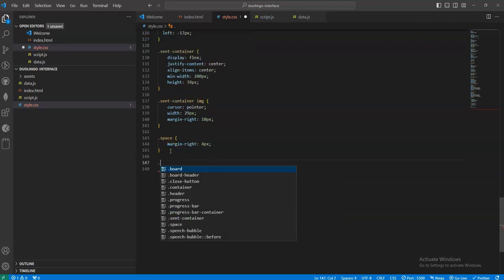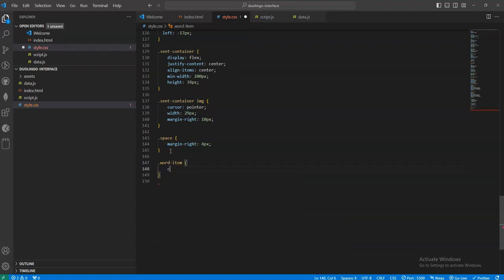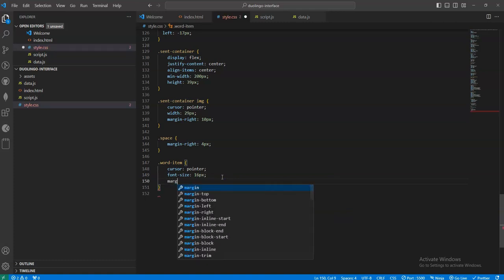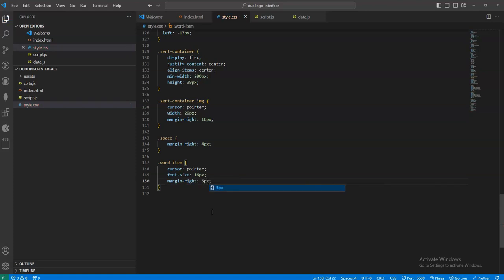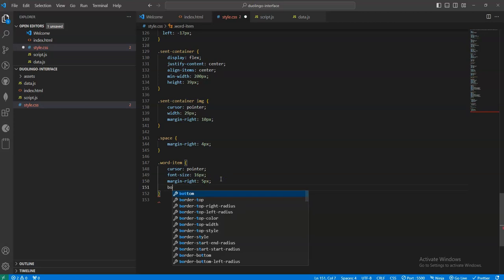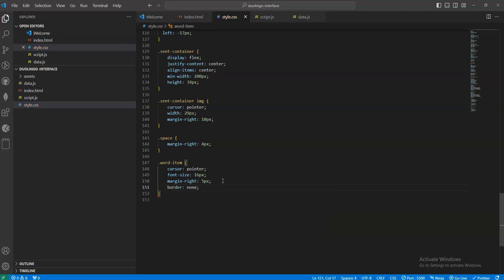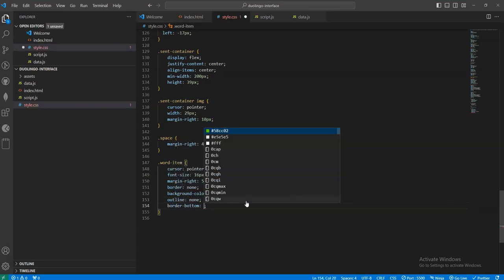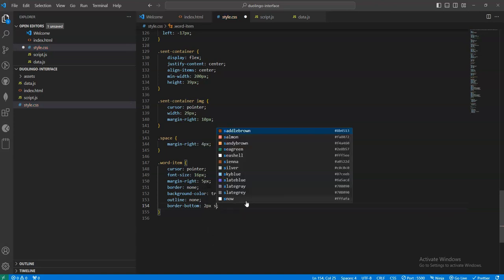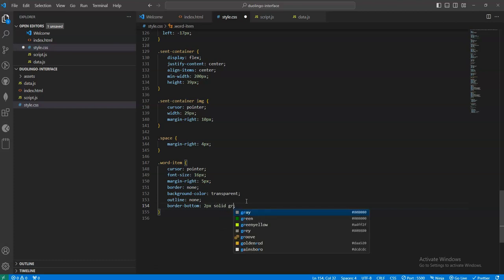Okay, next word item will be cursor pointer, font size 16 pixels and margin right 5 pixels, border none, background color transparent, outline none, border bottom will be 2 pixels, solid gray,